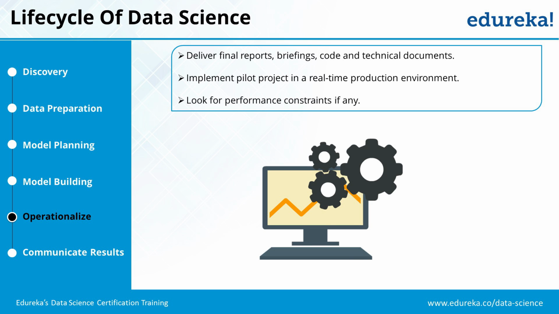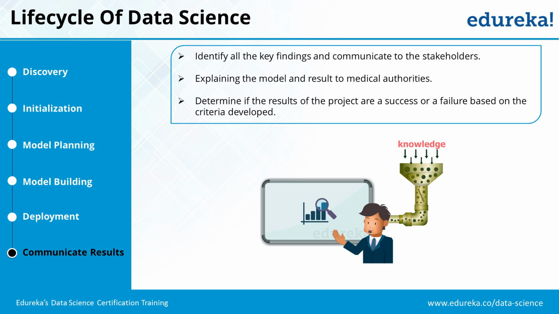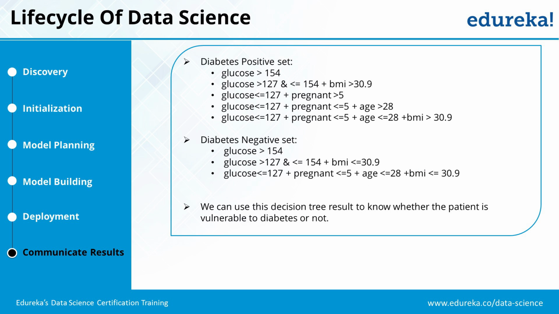And finally, you communicate the results. So once you have run it for a good amount of time, then you actually give results to your stakeholders and tell them what are the key findings. You also explain the model. For example, in case of the medical problem that we just solved to predict whether the person is diabetic or not, you explain the model, that this is how we have built the model and this is what our predictions are. So let's say if these are the data values, then a person is likely to be diabetic 90% of times. Or if these are the test results, then we are not likely to have people who have diabetes. So these kinds of results are explained to people who are actually doing that kind of analysis.